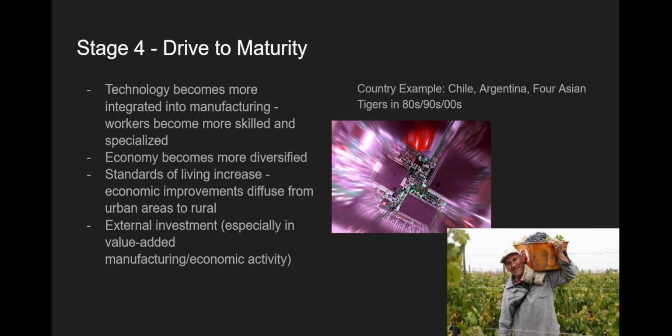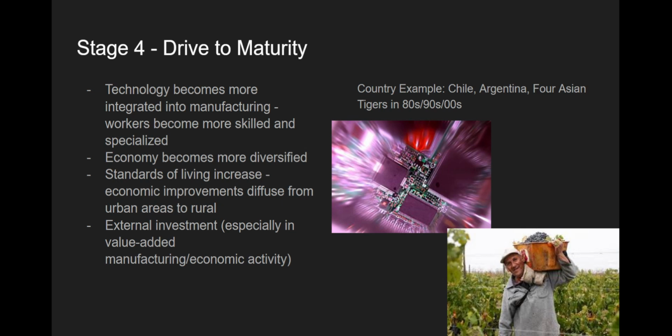All right, so drive to maturity is stage 4. Technology becomes more integrated into manufacturing, so workers are more skilled and specialized. The way that I explain this is the country figures out what it's good at making, and it starts to make a lot of whatever it's good at making. That's where the term comparative advantage comes in: the idea that there are certain comparative advantages that countries have in terms of making a good. It might be a high tech manufacturing good,